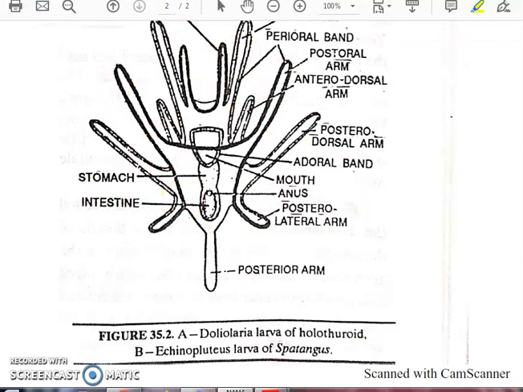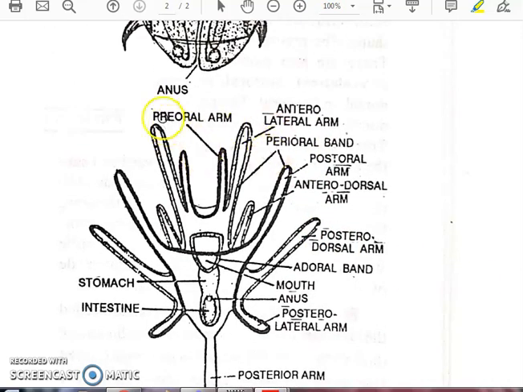The next larva is the Echinopluteus, which belongs to class Echinoidea. The preoral lobe is there. Let me focus on this figure. The preoral arm is reduced, and the arms are slender and all directed forward. Again, these arms are supported by calcareous rod-like structures that give extra strength to the arms. There are generally 6 pairs of arms in this larva. It may be 5 or 4, as sometimes 1 or 2 pairs are reduced.